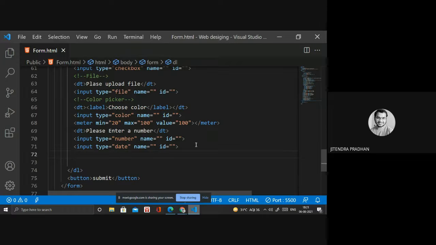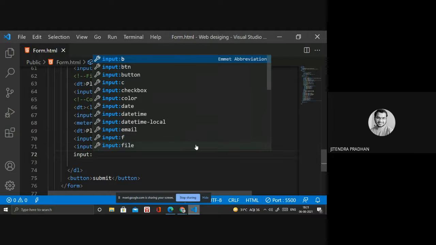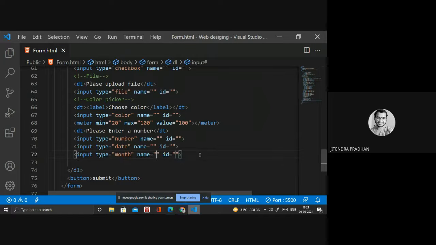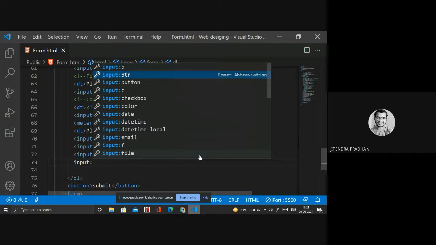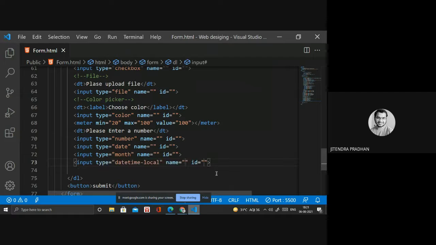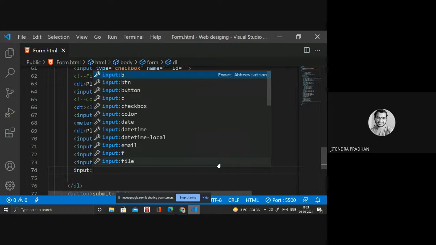So by using input type. Okay, let's see input type month, and input type datetime-local and time. What is the difference between them? You have to understand when I show you date and time, all these things.